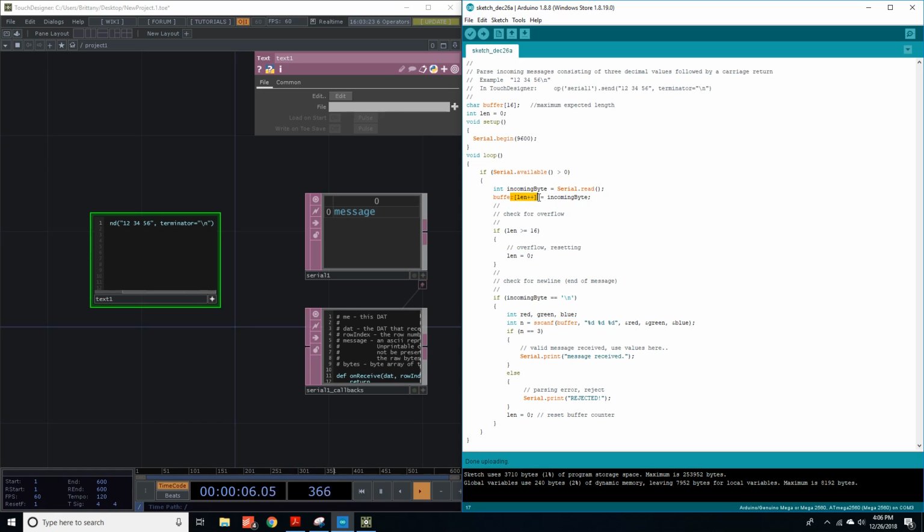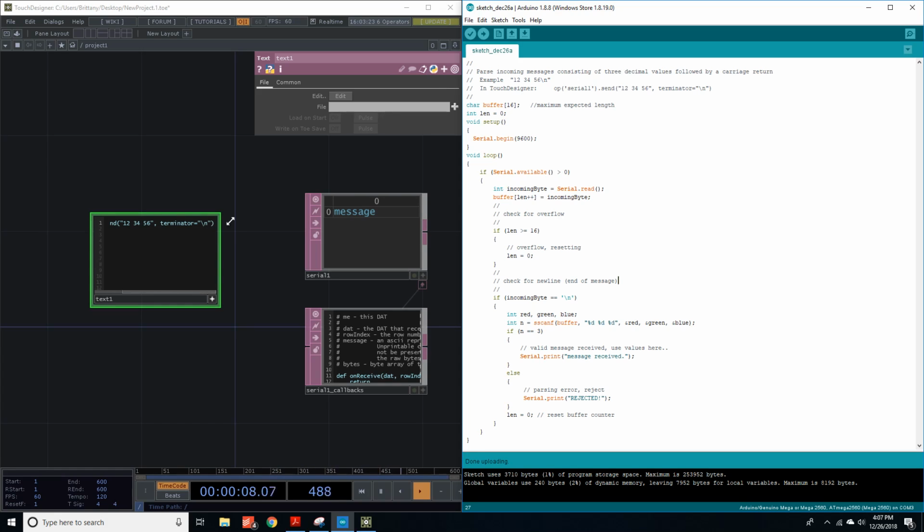And every time we store in a byte, it's going to check that that byte is not a newline terminator. The second it is a newline terminator, we're going to start reading all of this code, and like it says here, it's going to be the end of the message. So once it reads in newline, it's going to know that that's the end of the message